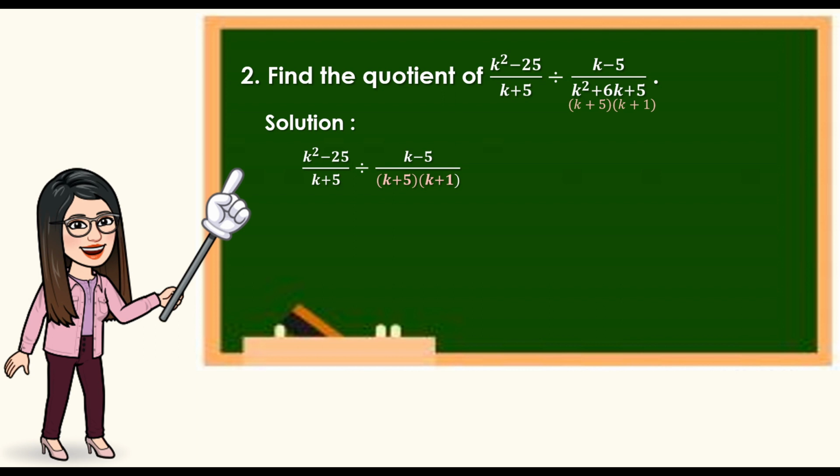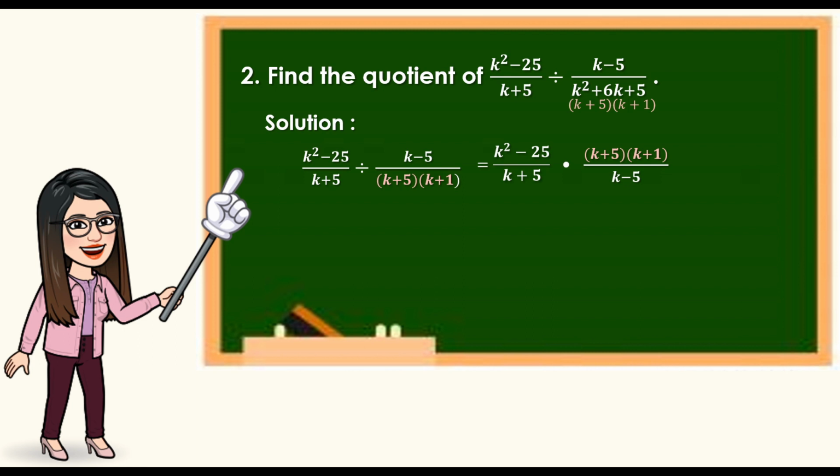Okay, by rewriting the given, k squared plus 6k plus 5 is substituted with the given factors. We have the quantity of k plus 5 times the quantity of k plus 1. What we're going to do next is copy the given dividend, which is k squared minus 25 all over k plus 5. Then proceed to multiplication operation and then get the reciprocal of the second expression or the divisor. So we can now have the quantity of k plus 5 times the quantity of k plus 1 all over